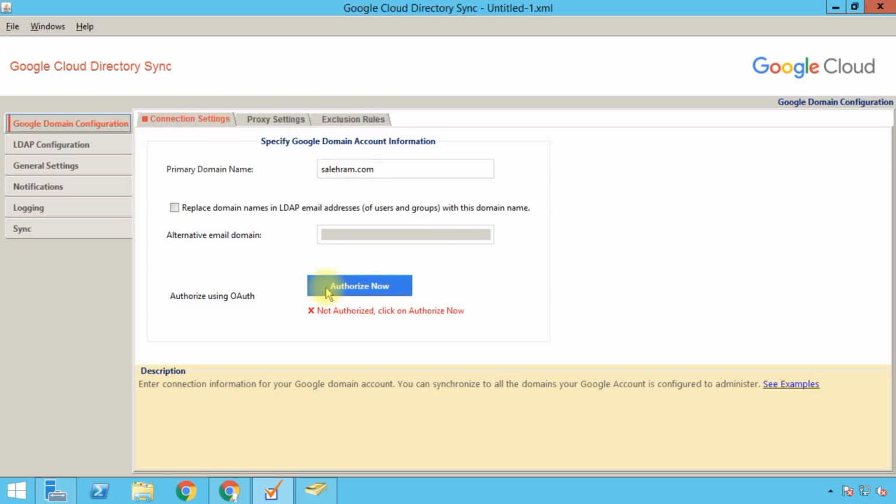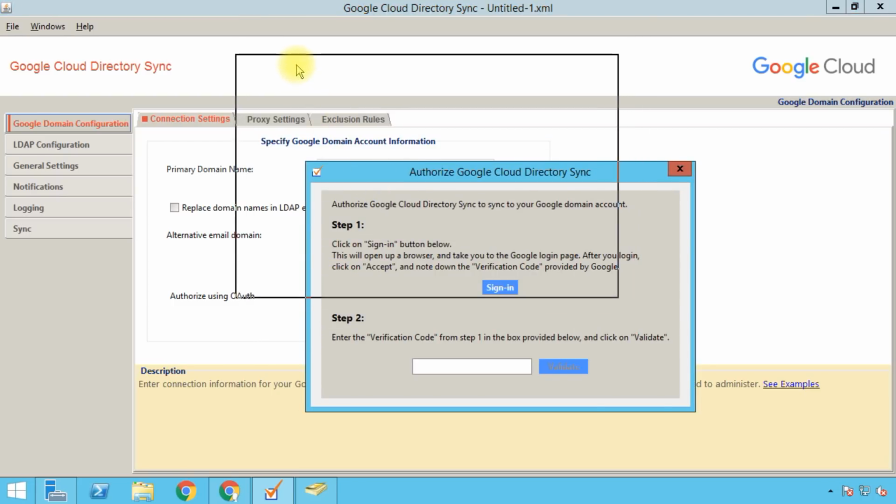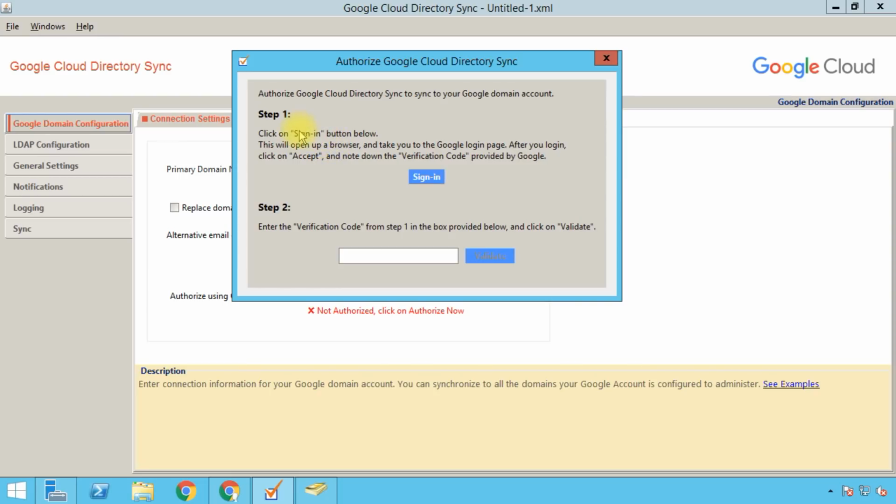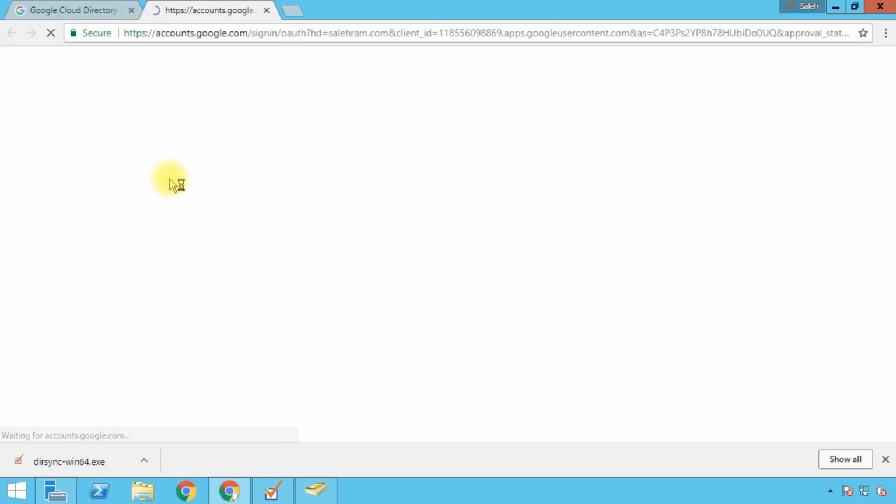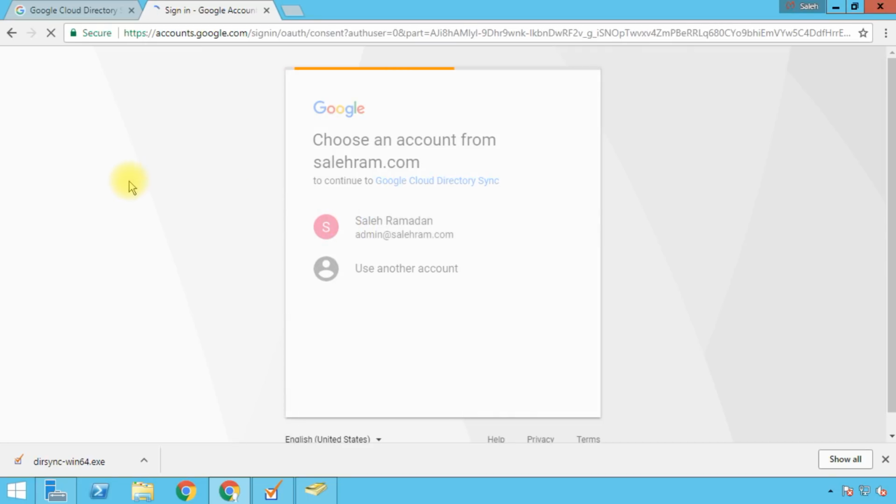Then we need to authorize it, and the authorization process is basically two steps. First of all, we'll be taken to a sign-in page. We'll have to sign in with the super administrator account for our G Suite admin console. Then we'll have to allow the tool to work with our G Suite domain. We'll grant it permissions, and we will be given an authorization token or a verification code that we need to paste in this field. So let's click sign in, and I will sign in with the super administrator account,